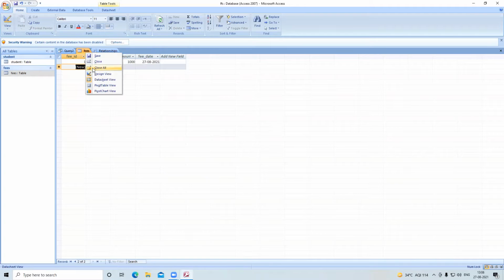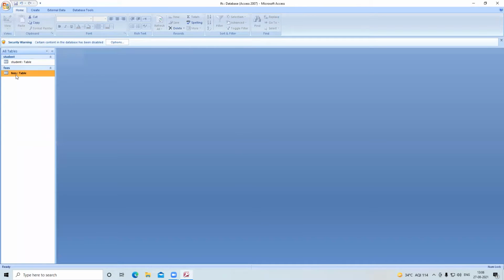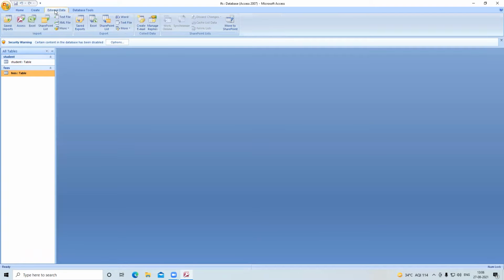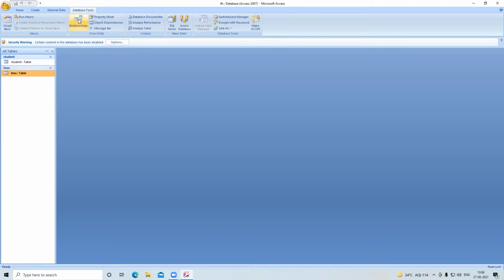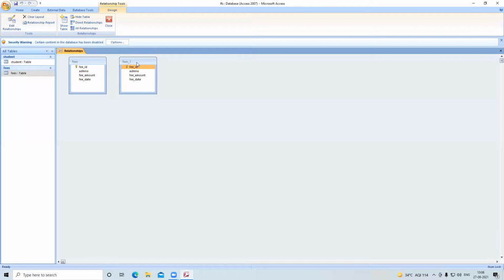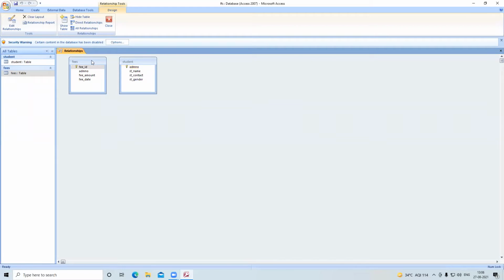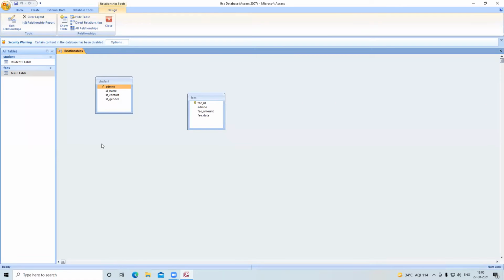So let me close all. Then what we have to do is click on external data, database tools, relationships, add both tables here. Student table, add. You can position it anywhere. The relationship is only between the primary key and the foreign key.